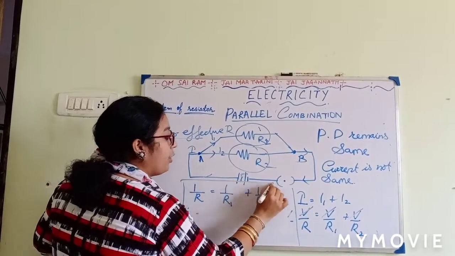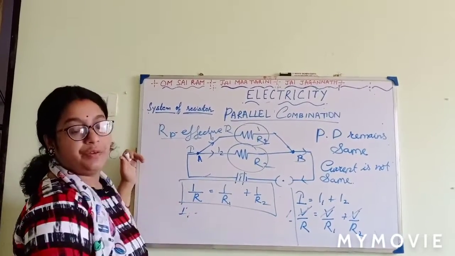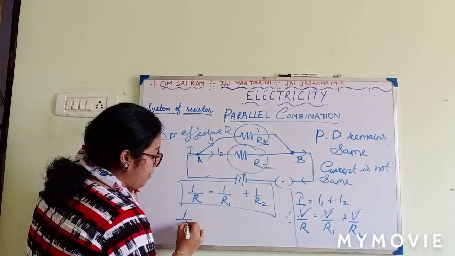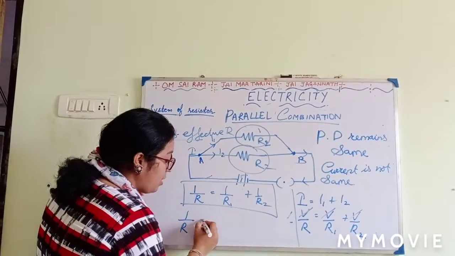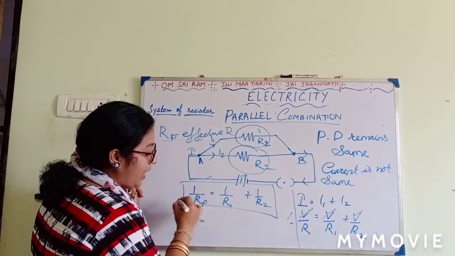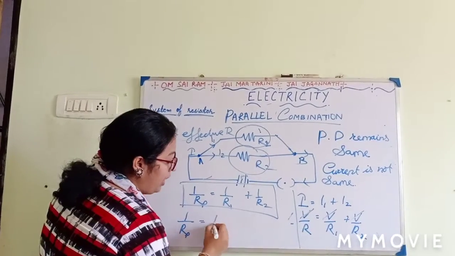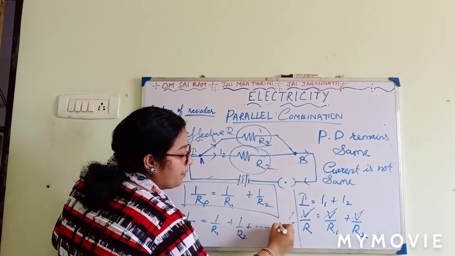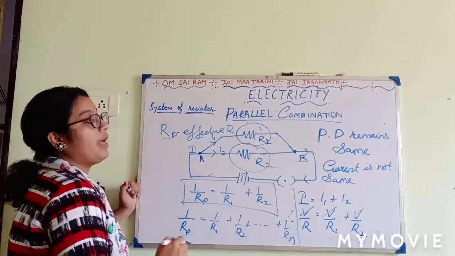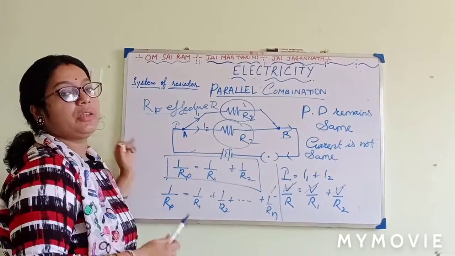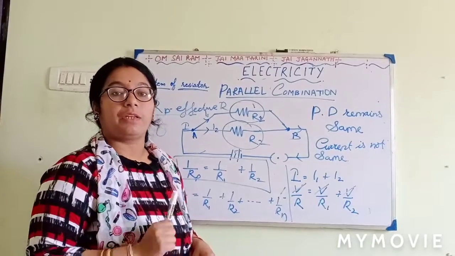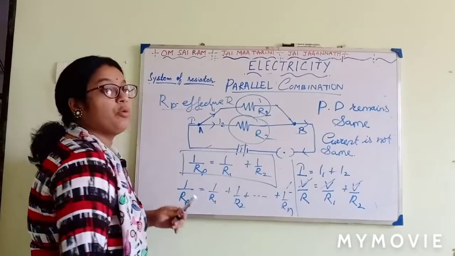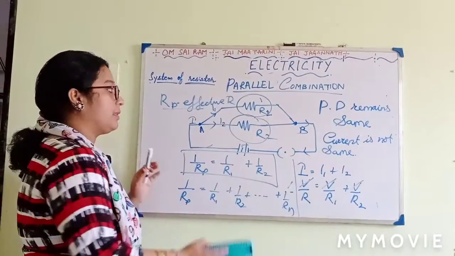So this is the formula for the net effective resistance, to find the effective resistance in case of parallel combination. Or else we can write, in case of n number of resistors, 1 by RP, where RP is the parallel effective resistance, is equal to 1 by R1 plus 1 by R2 plus so on, 1 by Rn. So now we understood the formula for parallel and series combinations, how to find the effective resistance. Now we will solve some numerical problems on these combinations. First we will do some simple circuits, then we will go for complex circuits.